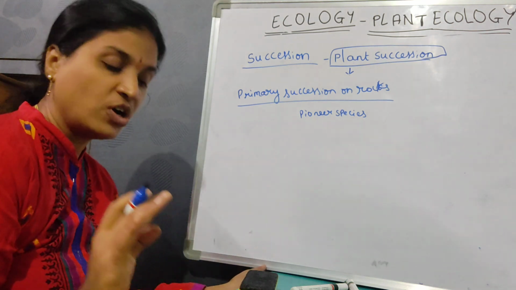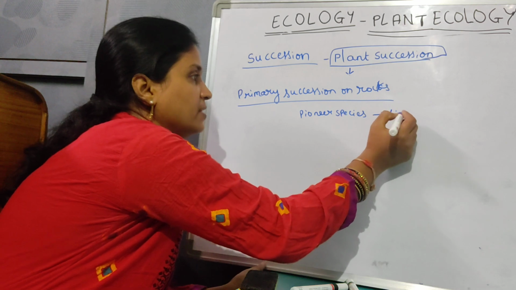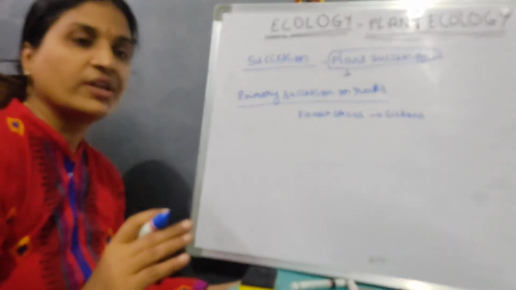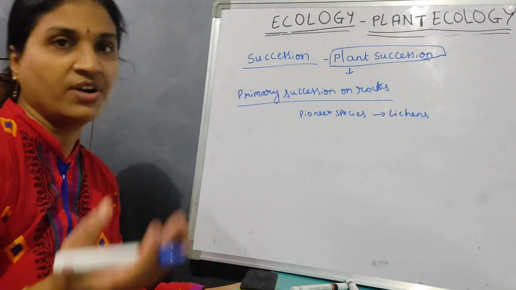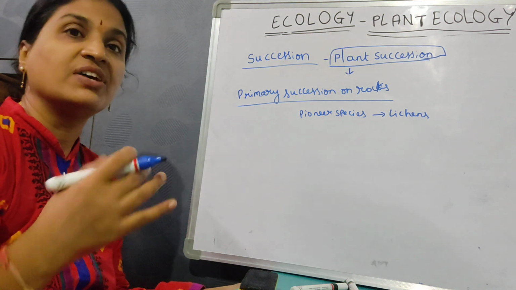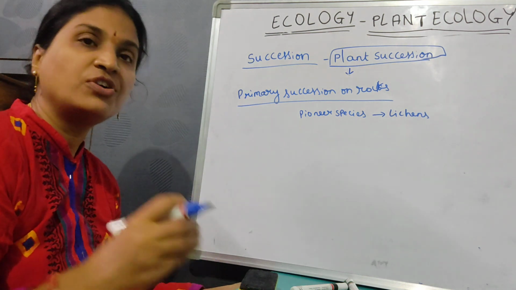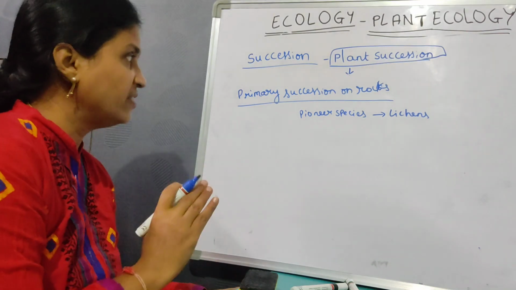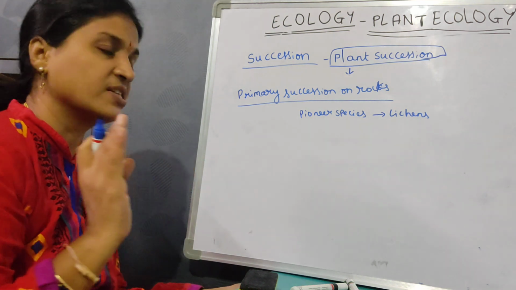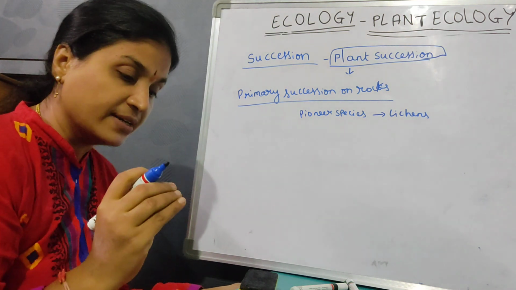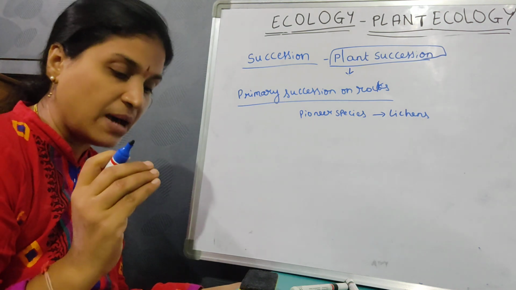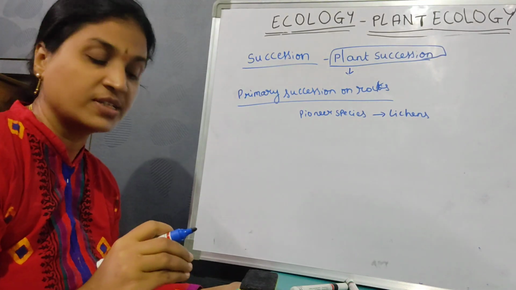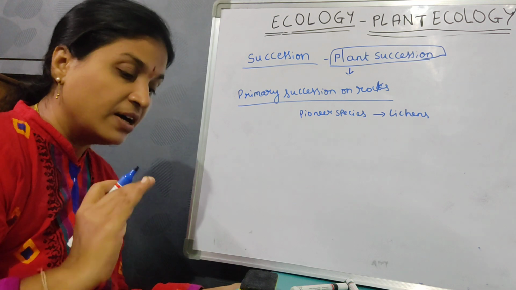In primary succession on rocks, the lichens are the pioneer species. Lichens are organisms having both algae and fungi living in symbiotic association. The algae provide the food, the fungi provide the shelter. So the pioneer species in primary succession on rocks is the lichens. These lichens secrete acids to dissolve the rocks,